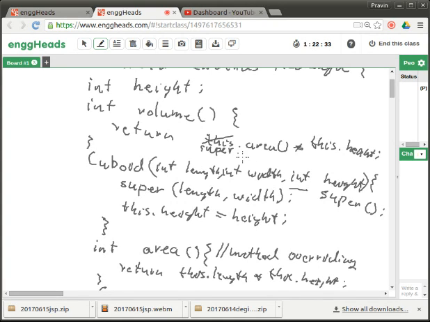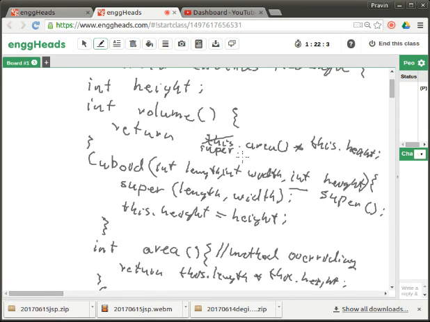Here, for example, we had said this dot length. It means I could have even said super dot length. Then both mean the same, they both mean the same till the point